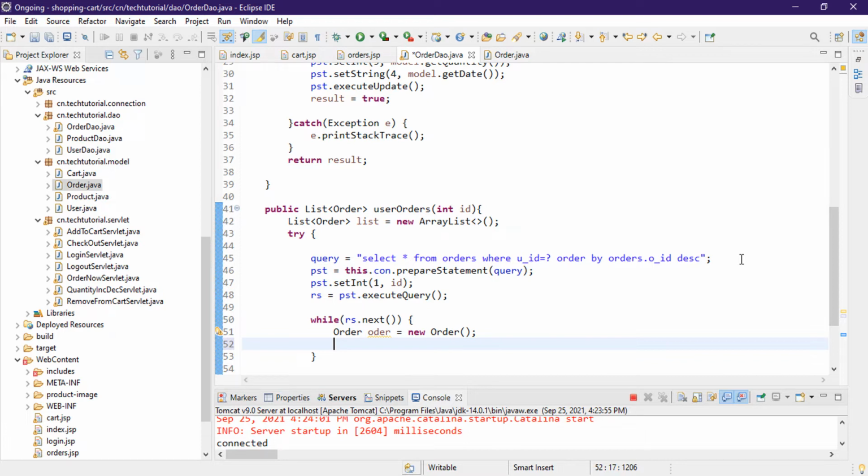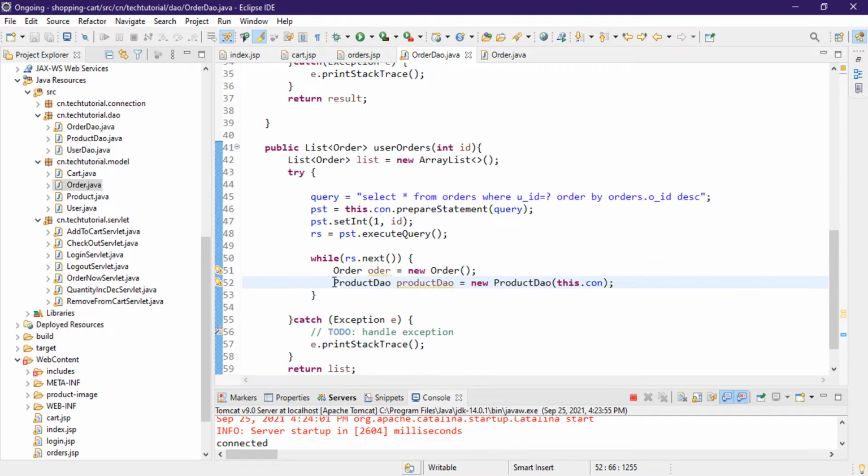So we can say product DAO equal to new product DAO, then pass the connection this dot. So initially, on our orders table we just store the product ID, so we don't know the product details. So what can we do here? I'm just doing this way. We are calling our product DAO to get product by ID. So we have a method get product by ID, and then we are creating our order